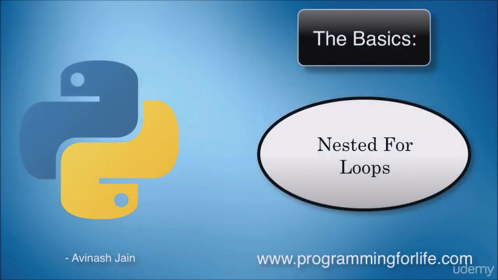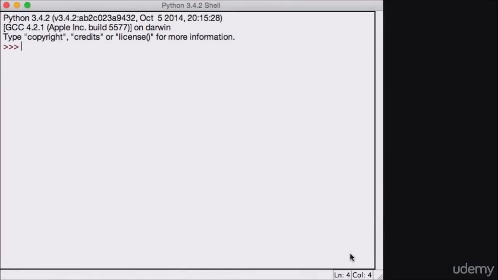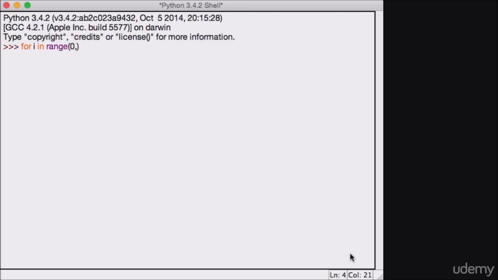Alright, so in this lecture, we're going to be talking about nested loops. And just like we learned about nested if and else statements, the concept is quite similar. Let's get started. So I'm going to create a very simple for loop: for I in range 0 to 5. And then I'm going to create another for loop inside of this: for A in range 0 to 5,